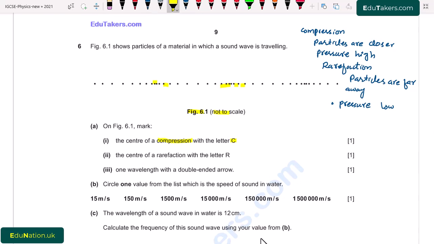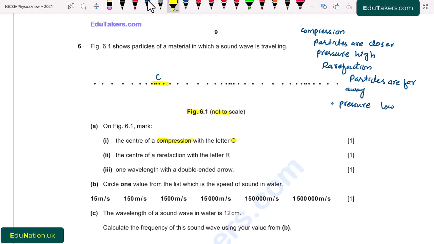On this figure we can see that at the start the distance between the particles is very large, while at that region the particles are very close to each other. So this region basically represents the compression, while this region basically represents the rarefaction. So we have to represent it with C. So I label here the compression is the region from this one and it is represented with C. I write here C. Part 2.